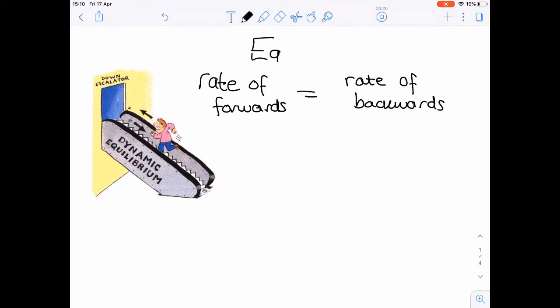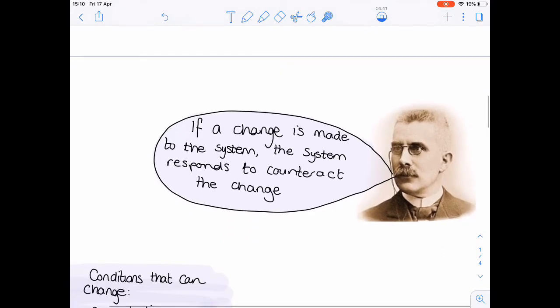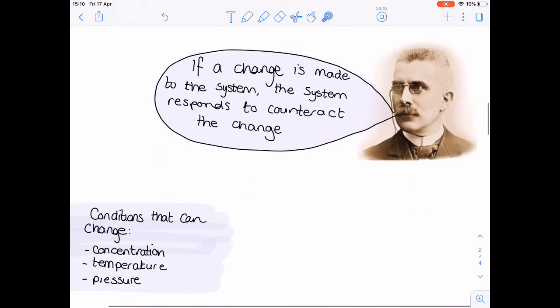Now, in equilibrium, there is something like I talked about earlier, closed system. It has to be a closed system, because as soon as the system is changed, things are going to happen, and we're going to look at that. So French scientist here, Le Chatelier, is someone who looked at equilibrium and what happens when those systems change, and he says here, if a change is made to the system, this system responds to counteract the change. So that's quite a mouthful. And basically what it's saying is,